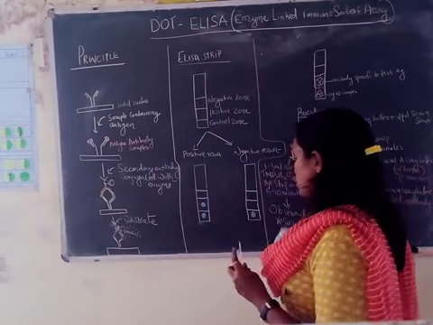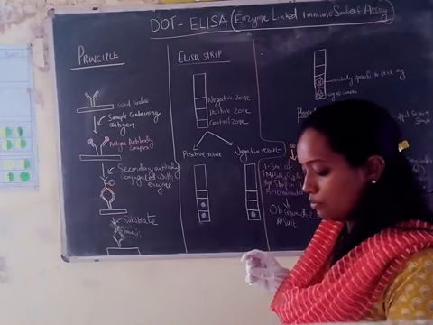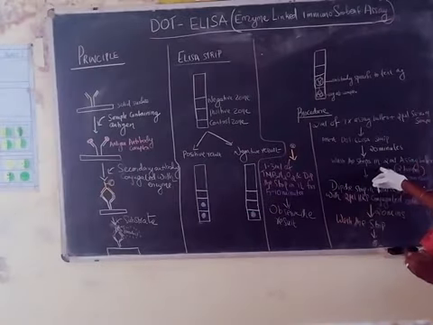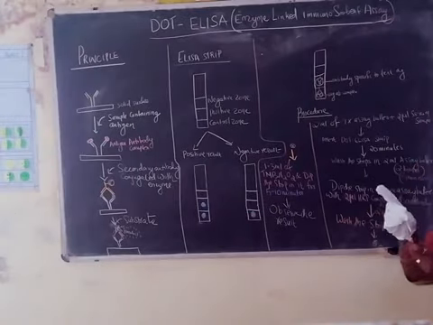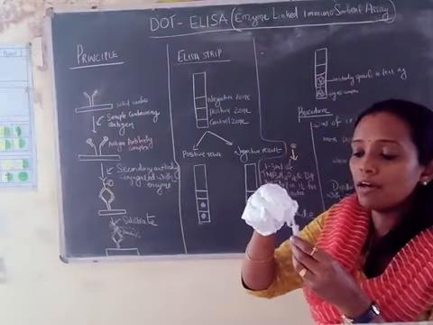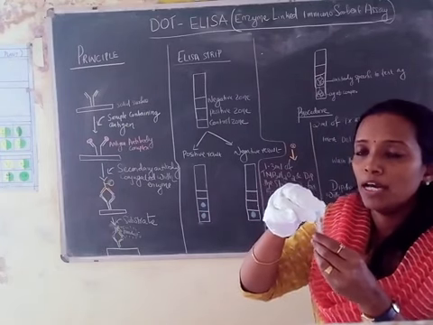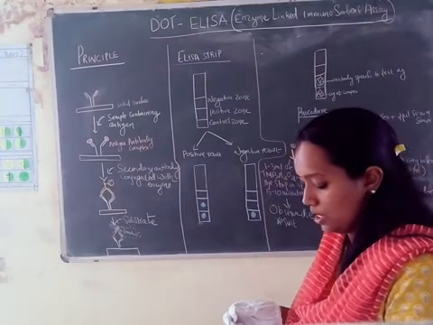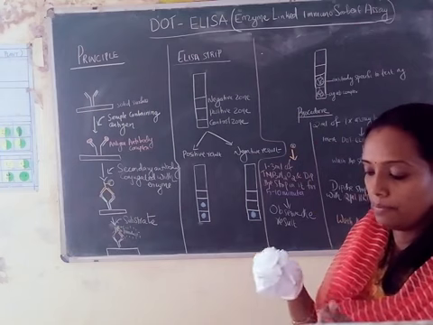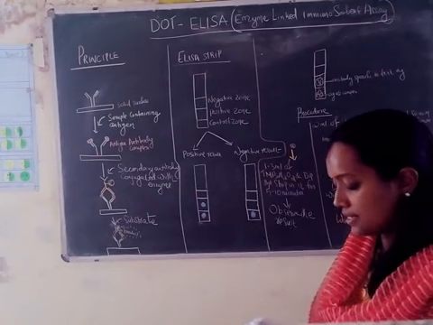So after 20 minutes of time period, what you need to do is you need to take out the ELISA strip and wash the strip in assay buffer. The same washing step you need to follow. Whatever washing step you have done after the first step, the same washing step. In an Eppendorf tube, you take 2 ml of 1x assay buffer and wash it. How much time you need to keep it? 5 minutes of time period. You have to keep it and wash it. So after 5 minutes of time period, take out another Eppendorf tube and dip the strip and wash it. Now, this is the last step of washing.